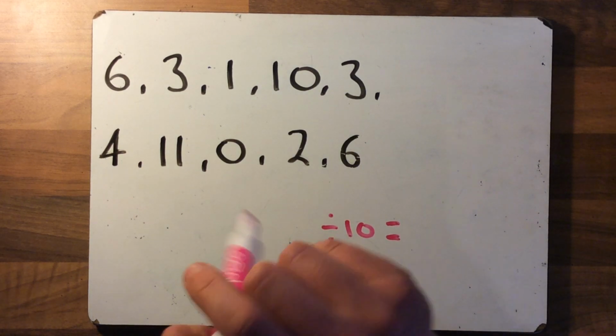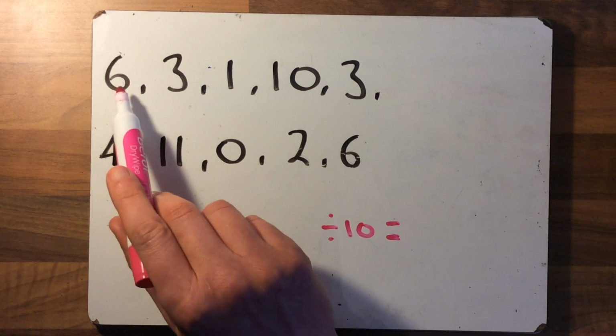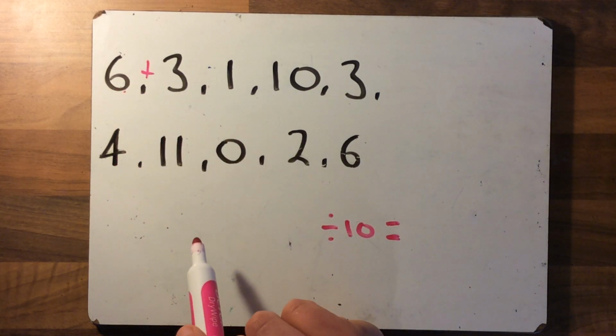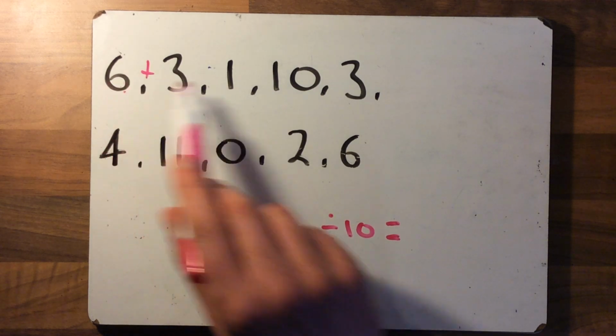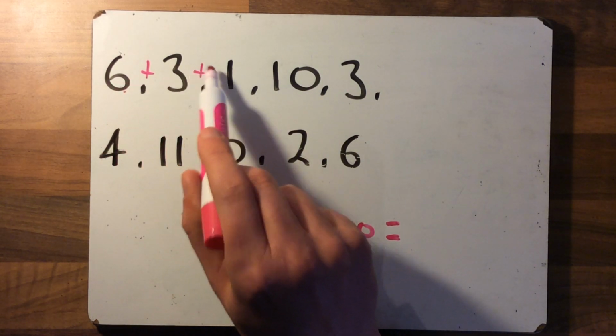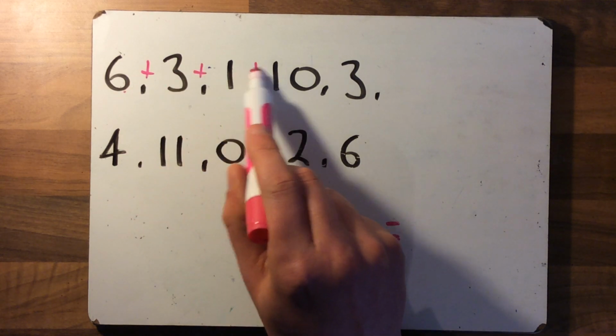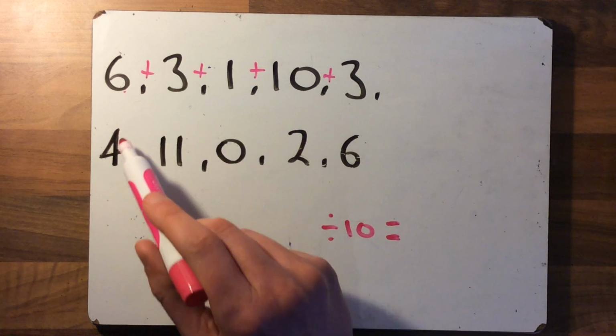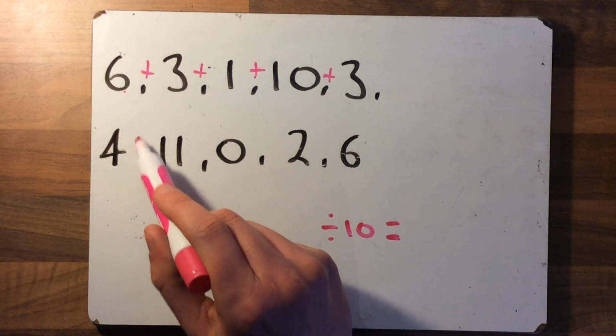Okay, so let's add these up then. So 6 add 3. Now remember, you can add these up in whatever order you like, as long as you add them all up, but we'll go along in order. 6 add 3 add 1, that's 10. Then if we add another 10, it's 20, 23. Then add this on, gets us to